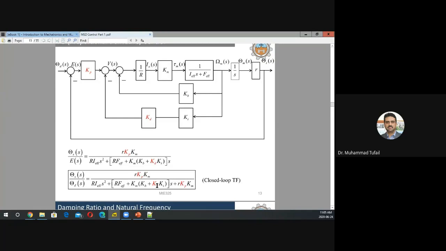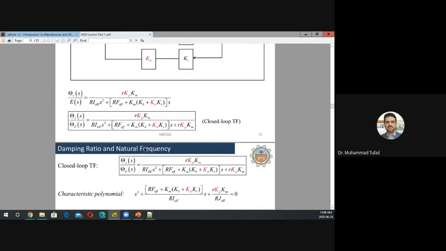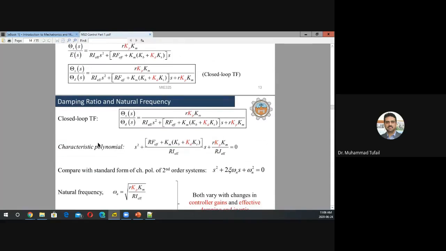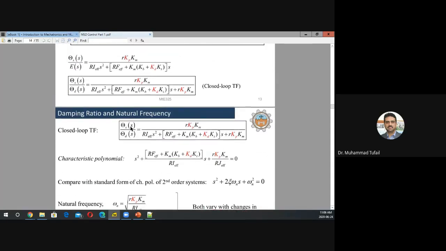एक सिस्टम में बिल्ट इन डैम्पिंग थी बैक EMF की वजह से, there was something subtracted here, ठीक है, और एक हमने खुद इंट्रोड्यूस की कंट्रोल की वजह से, और ये हमारे हाथ में है, इसकी वैल्यू हम ज्यादा ऊपर नीचे कर सकते हैं। ठीक है, तो ट्रांसफर फंक्शन इज दिस, और आई होप यू विल बी एबल टू ड्राइव दिस ट्रांसफर फंक्शन, बिकॉज मिड टर्म में मैं ये भी दे सकता हूँ कि भाई लेट्स से फाइंड द ट्रांसफर फंक्शन ऑफ दिस। ठीक है, अब now you have a closed loop transfer function between the theta s